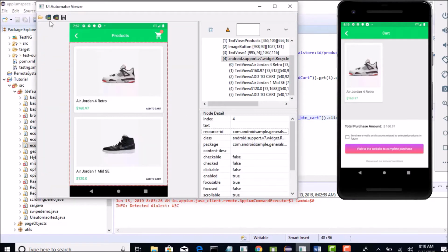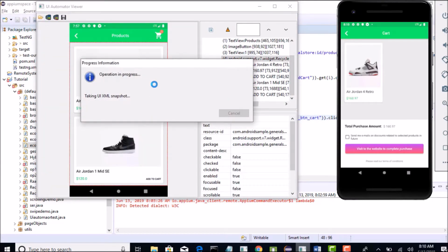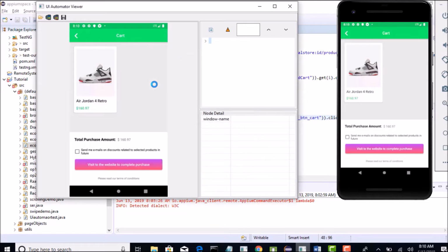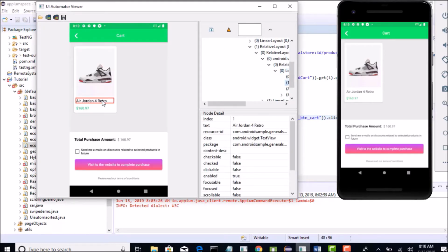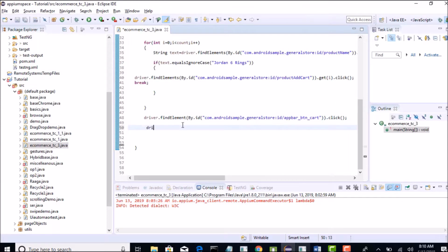I would simply wrap this. Let us put an assertion and then fail it if it is not matching. Okay, so here you cannot go by text because you are validating whether the text itself is correct or not. So you cannot use the text path. You have to obviously go with resource ID here. So if you are sure that you are selecting only one product, then you can just say driver dot find element and then do the things.